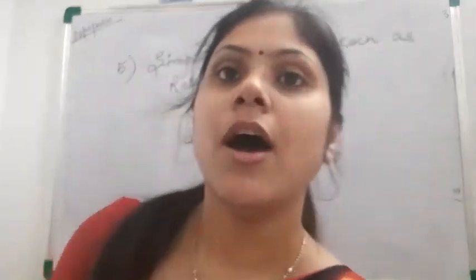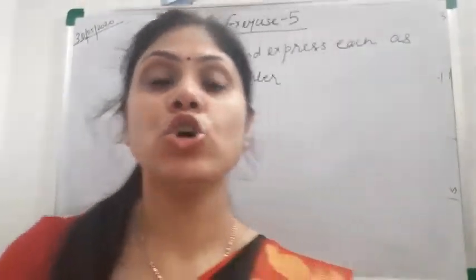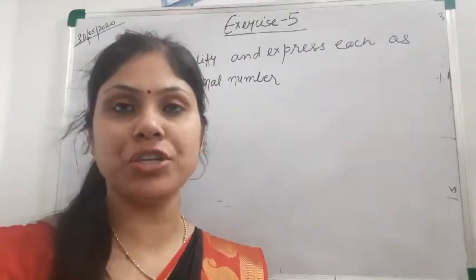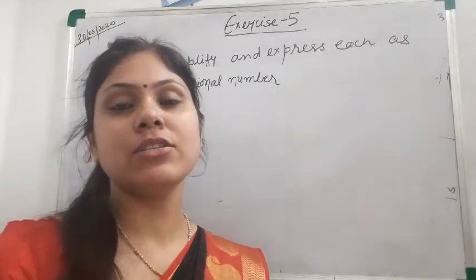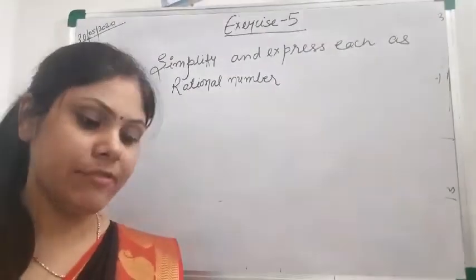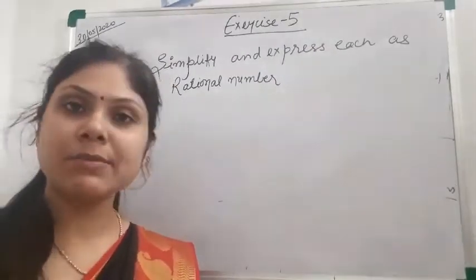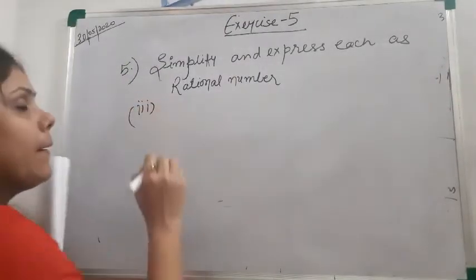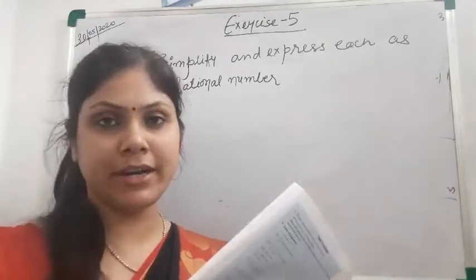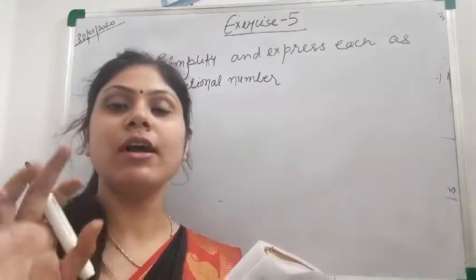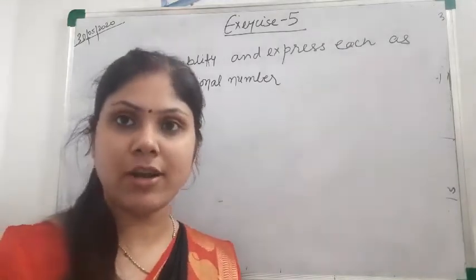In the last session, I completed till question number 5 of chapter 5, and in the 5th I did 2 questions, and I told you to solve the remaining questions on your own. Meanwhile, I told you that I will explain the 3rd and 5th questions in the next session. So I am explaining them now. If you have done them, please do the correction. If it is correct, please put a small tick mark. If not, you can do the correction at that time.